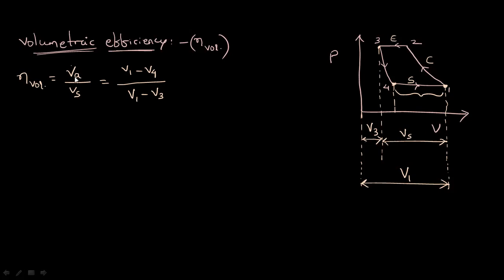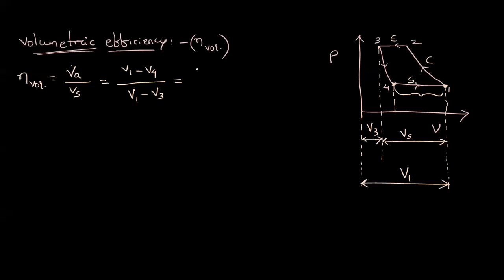So in place of actual volume, we have written this one. In place of swept volume, we have written this. Now we are going to simplify this term and we will get an expression. That implies, which is equal to, I can write (V1 minus V4) whole divided by V1 minus, what is V3? This V3, this much volume is also called clearance volume. So in place of V3, I can write VC.